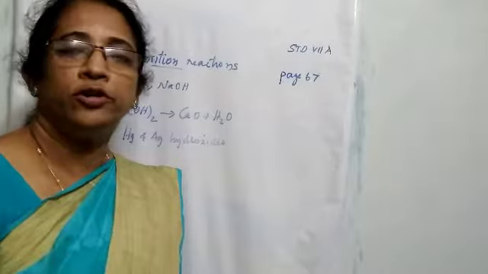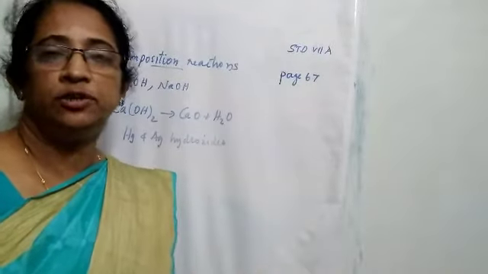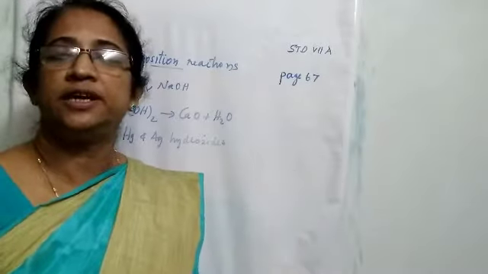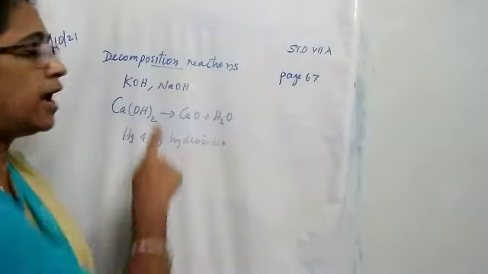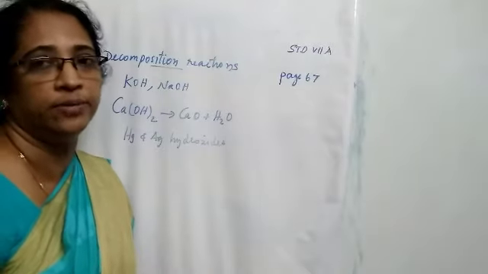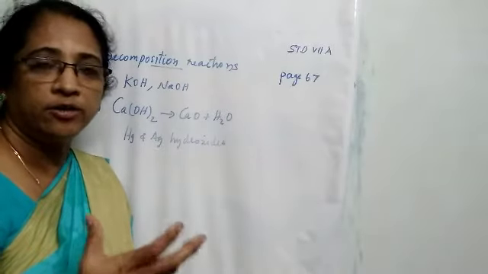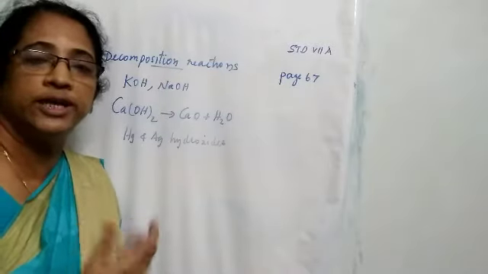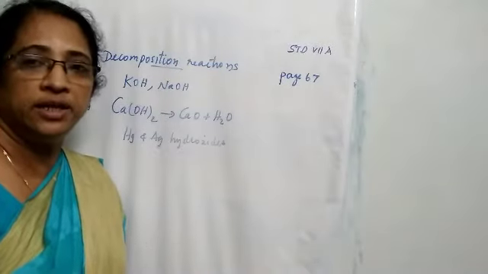And now we are going to discuss the action of heat on various hydroxides. The first two elements in the activity series are sodium and potassium. Their hydroxides do not decompose on heating, which means they are highly stable. So name the two hydroxides which do not decompose on heating: NaOH and KOH.